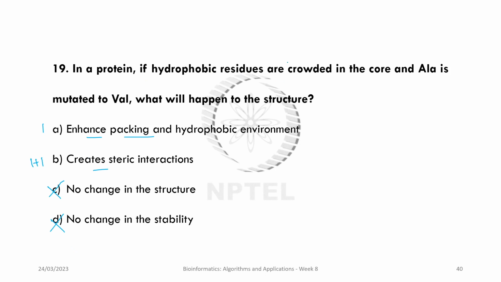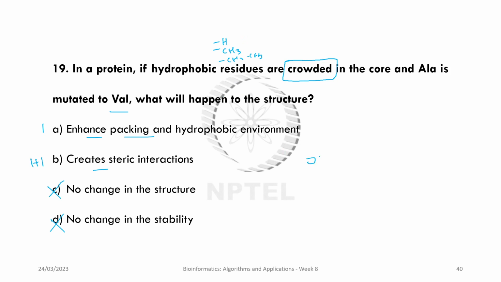Now first, the word that you're supposed to focus on is crowd. In a protein, if hydrophobic residues are crowded in the core and alanine is mutated to valine, so glycine is H, alanine is CH3. So valine is bigger than alanine, right? So what happens